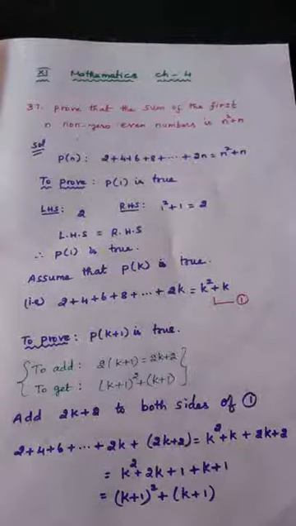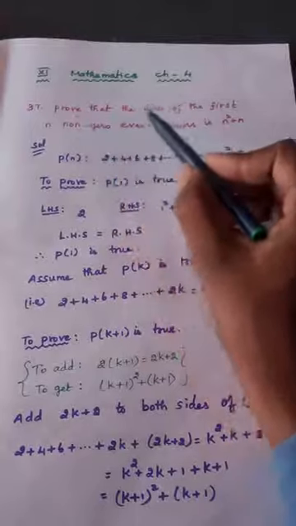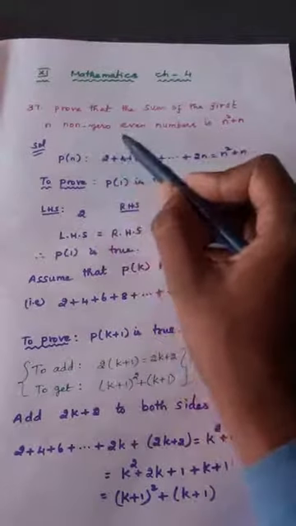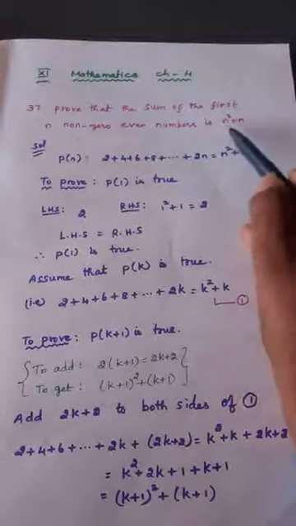I said even if you believe that you have created a formula, you can prove it using this method called mathematical induction. If you are able to prove what you achieved, then what you achieved becomes a formula. So how to prove using mathematical induction? For that we have seen a few problems and we are going to continue with problems based on mathematical induction. Question number 37. Prove that the sum of first n non-zero even numbers is n square plus n.